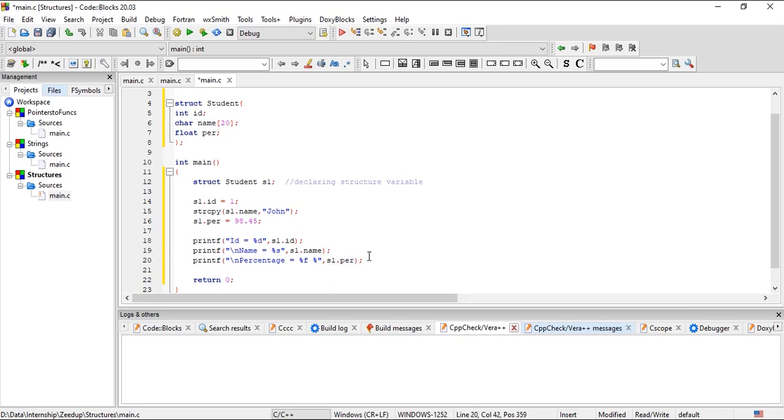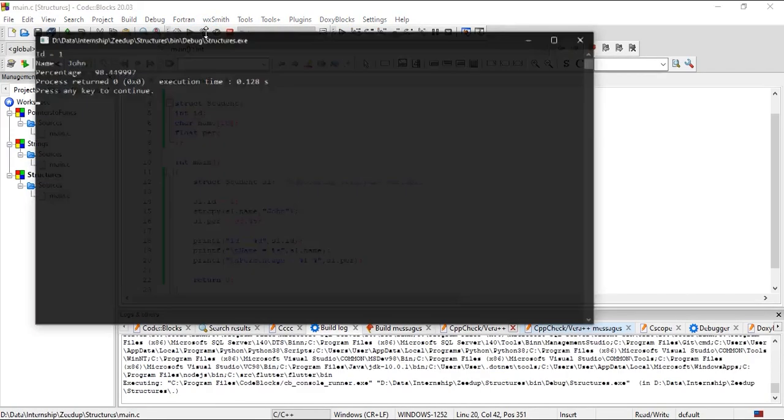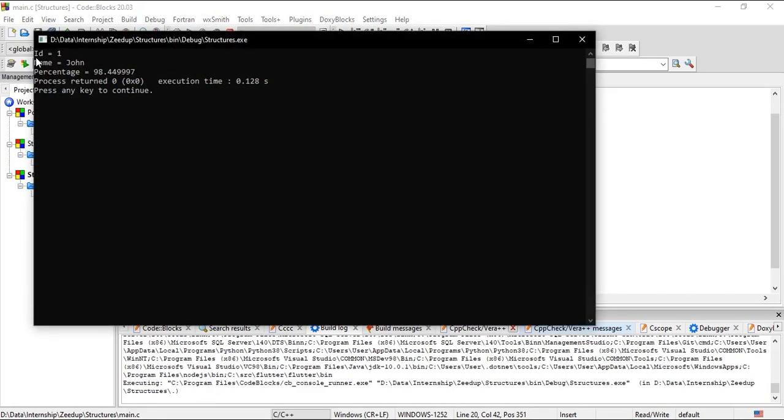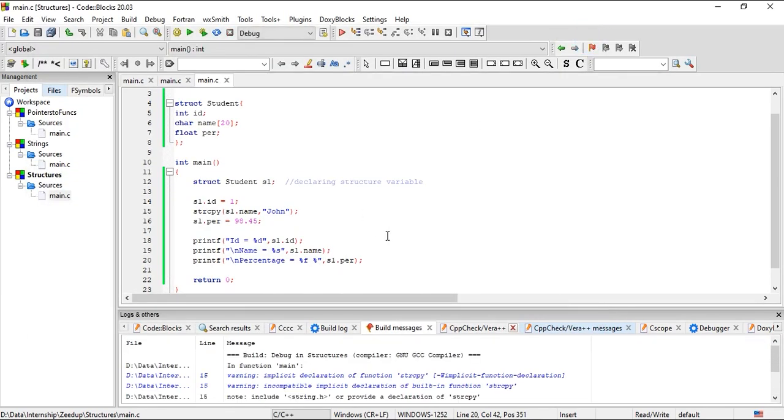That's it. Let's compile it and see what happens. We've got the output: ID 1, name John, percentage 98.449997. So that's how you can simply print them.